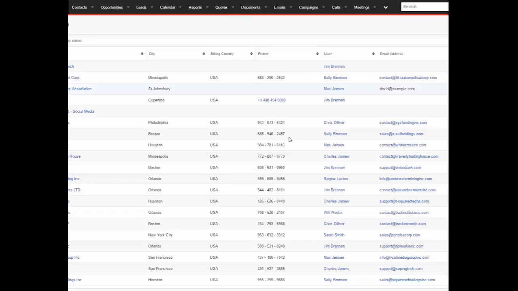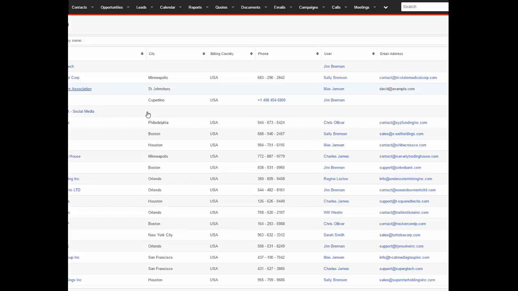Now, Sugar and SalesForce are both very similar in this regard. This is customizable. So if I'm keeping custom information about my accounts, I make custom fields. I can drop those custom fields into a list view. So I'm not locked into this list. And in fact, I can see the fields that are available to me. If I'm keeping the CEO's favorite car color as a custom field, I'd see that over here. This is my list of companies.